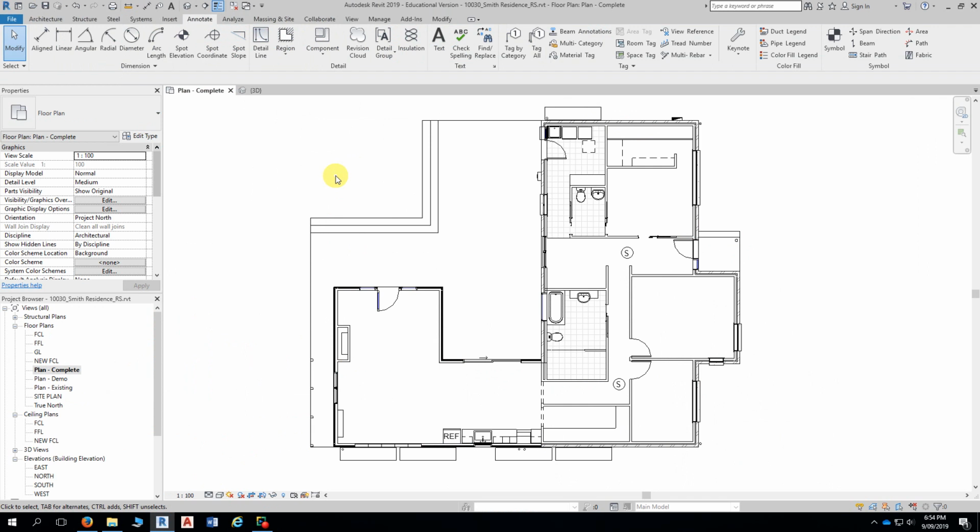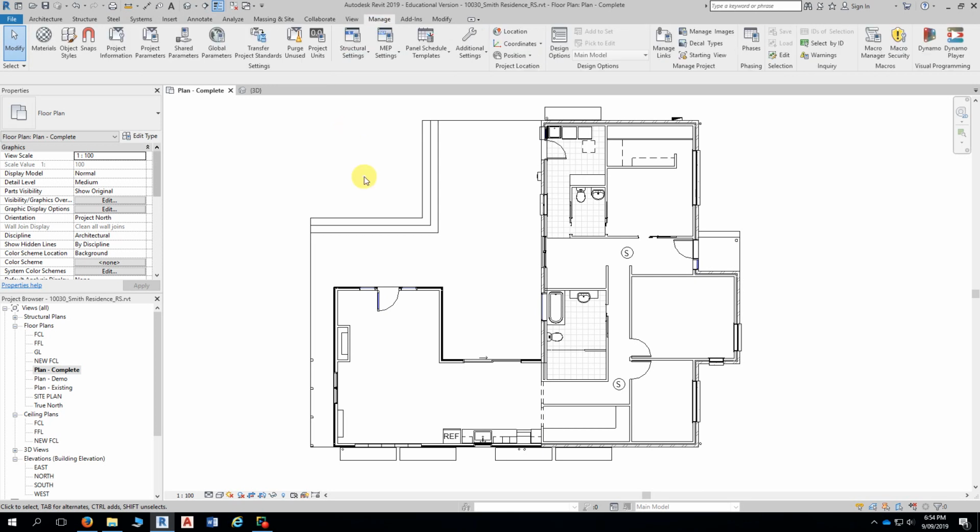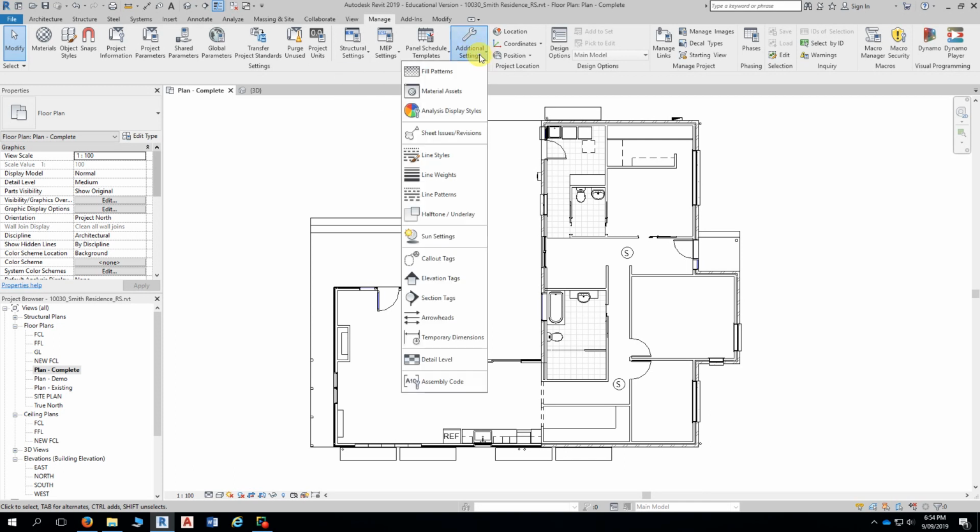Now, if you can appreciate that they're a line type, to actually change the colour of them, we have to do that from the Manage tab. And if we're going to manage lines and line styles, we do it from this button here, which is Additional Settings. And down here, if you drop the list down, you've got line styles, line weights and line patterns. If you then click on line styles,